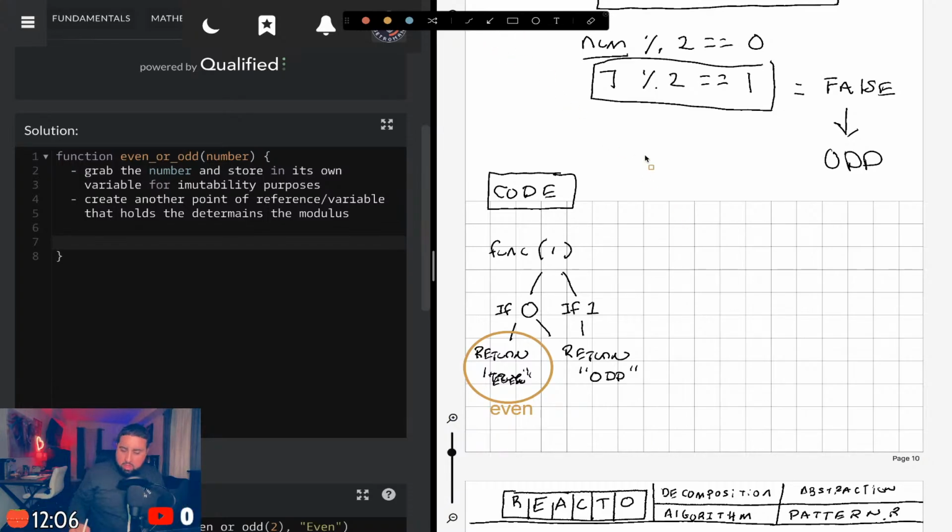Cool. So in the event we're past an integer being passed in, no funny business. That's pretty straightforward. If it's 0, we do some math. If it's 0, return even. If it's 1, return odd. All right. Another approach to this. So that's part of the logic. So I need to account for that. Here, what's the other one we said?